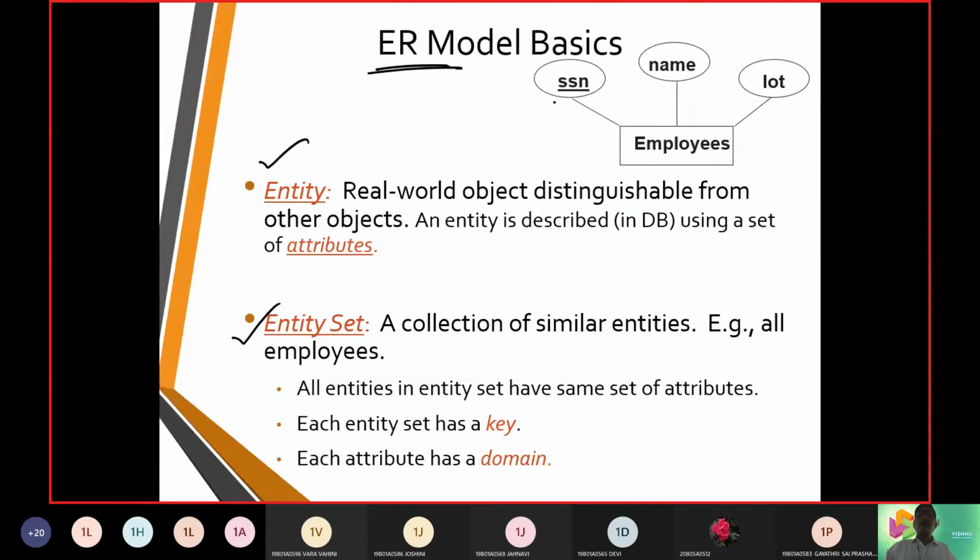And constraints such as key constraints, primary key, etc., are given with an underline.